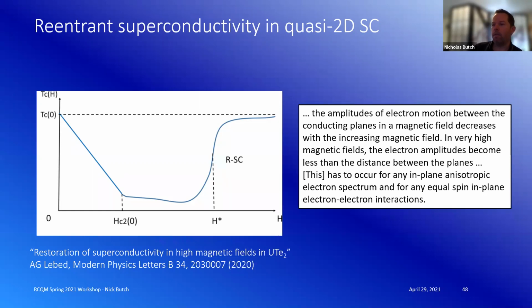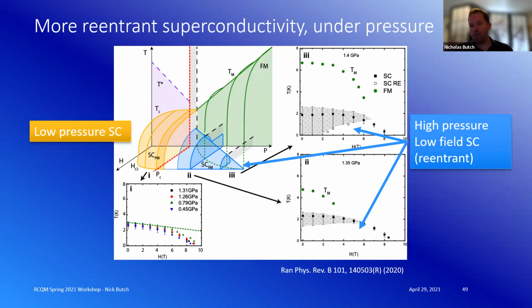This picture on the left, with temperature vertical and field horizontal, shows essentially what we see. So I am not telling you that any of these is directly the answer. We need to find a way to corroborate some of these, especially the latter argument. And you could discuss whether, again, UTe2 is really low dimensional.